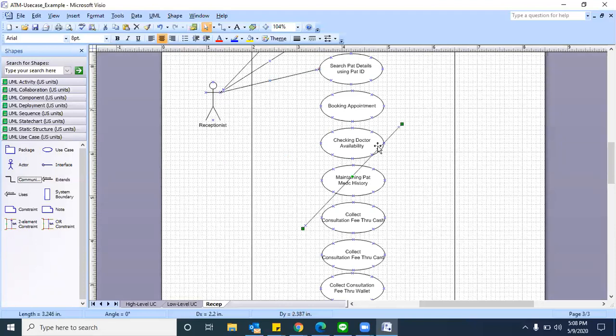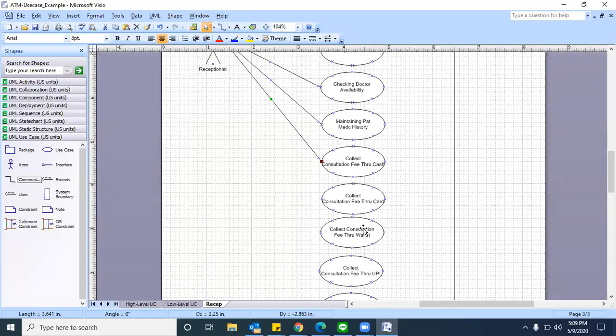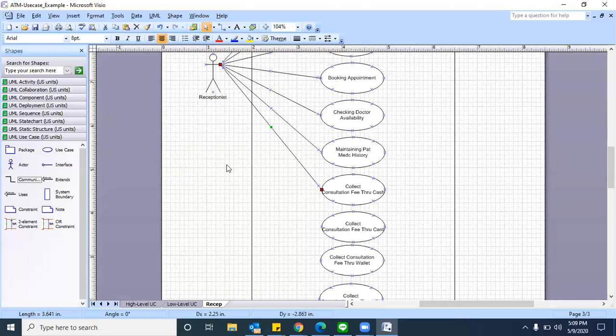And so far I didn't find any secondary actors. If you see, can you tell me, are there any secondary actors available here? In this collection use case, card, we will have, right? Machine. Exactly. Even that we need to mention, right? You have to tell me that. Where we need to use secondary actors as well, you need to mention it, right or wrong? Correct. So in this collecting fees through card, we have to use one actor on the right hand side. Exactly. If it is a secondary actor which is supporting to collect the card or wallet or UPI payments, then you have to take secondary actors, right or wrong? Yeah, yeah. There is no other go for you.